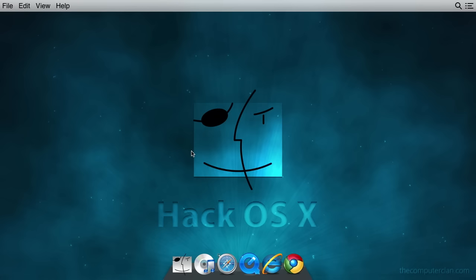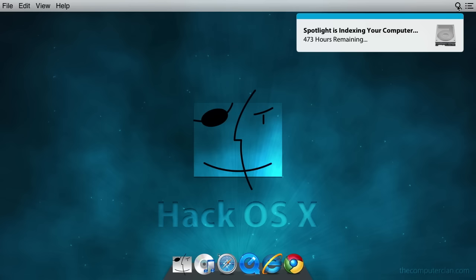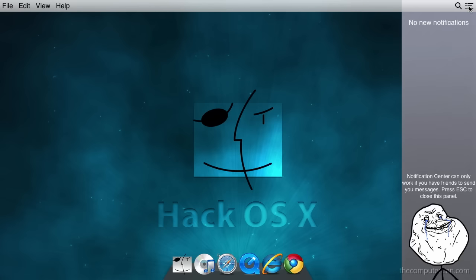Logic. Alright, so on top here, we have this thing called a menu bar. Kind of like the place I got plastered, but that's a different kind of bar. Okay, and this is the status area. This is where things like notifications come up. We have a spotlight, which is a very powerful search utility. It'll index your computer and then let you search things. And we also have a revolutionary notification center, which gives you notifications if your so-called friends share your embarrassing photos on Bookface or Twitter. So we can close out of that.